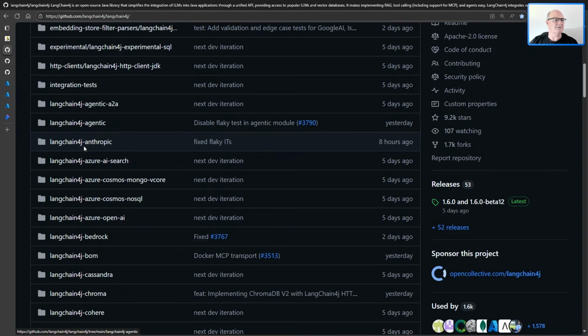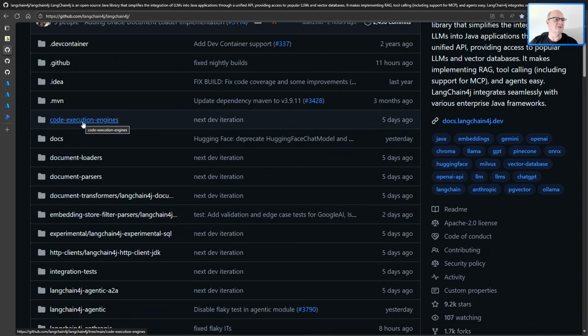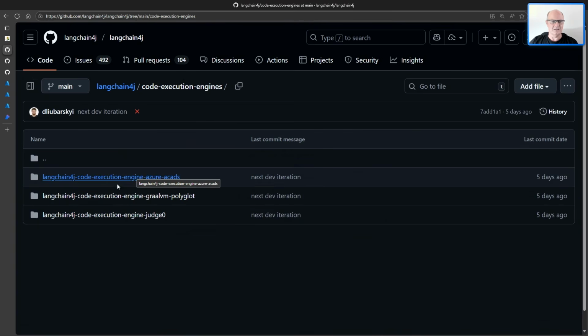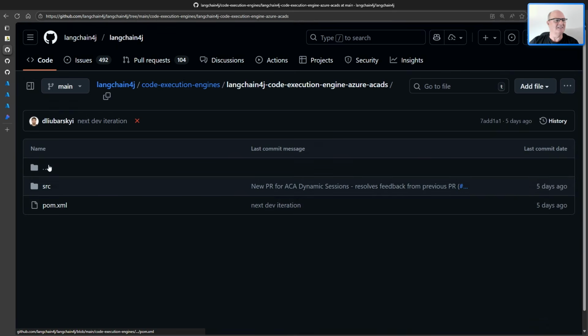We also have specific capabilities for different vendor tools, including Anthropic, Azure, and a few others. The thing I'm going to show you today is code execution engines. So code execution engines, there's 3 of them in here. One of them is the one I contributed. It's Azure Container Apps Dynamic Sessions. There's also a couple of others as well, but of course, another's good. But we're going to focus on Azure Container Apps Dynamic Sessions today, and I'll show you a little bit about